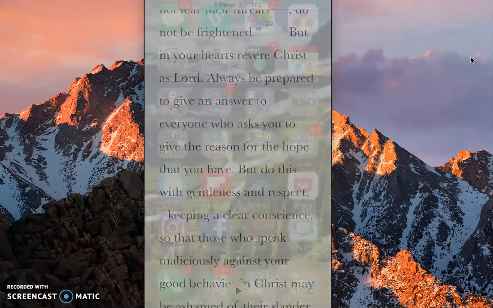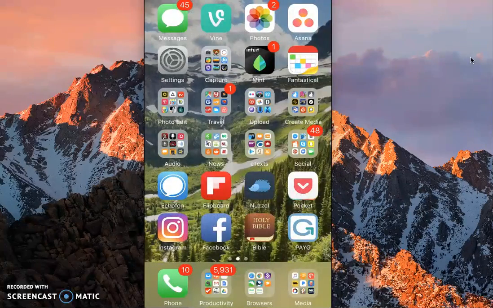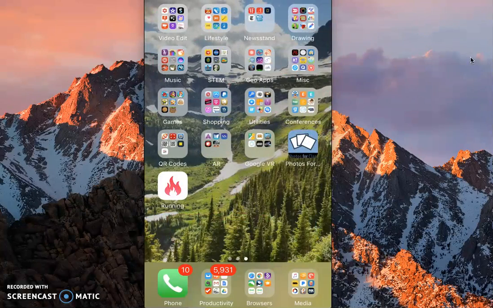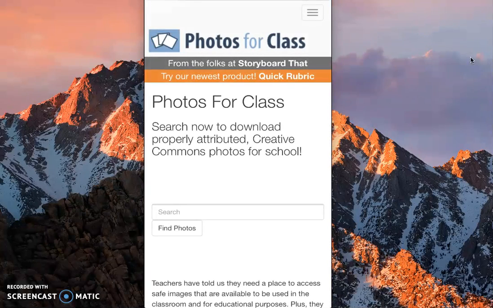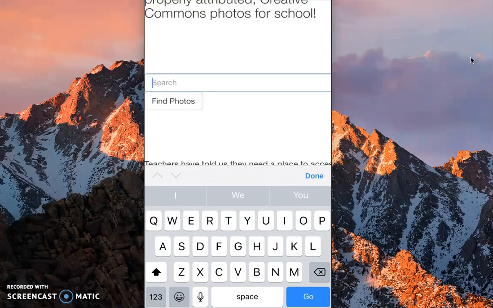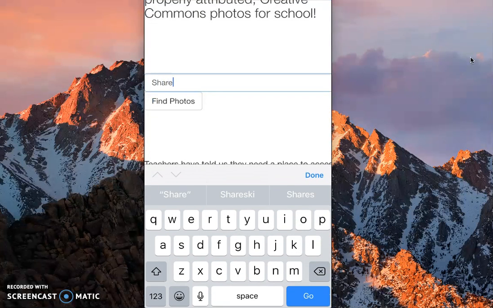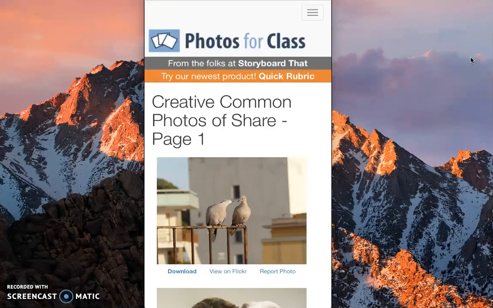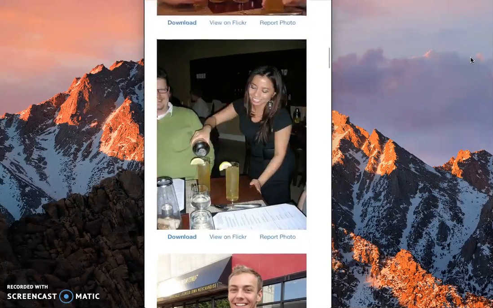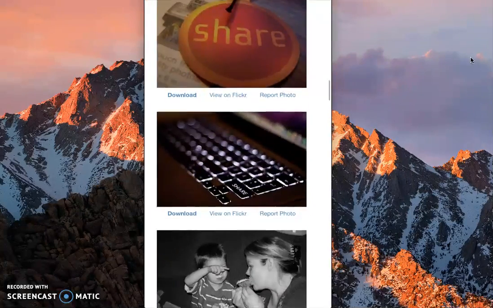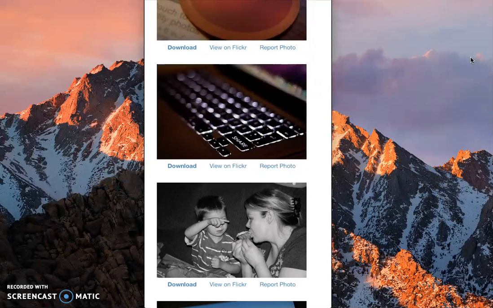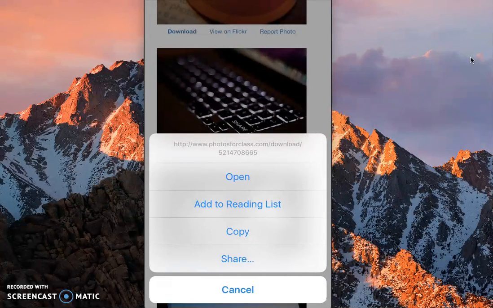So I'm now going to go to the Safari app, but to speed this up, I've made a little web bookmark to go to Photos for Class, and this is just photosforclass.com, and I'm going to type in the word share, and I'm going to search for photos. And so photos related to whatever topic I've selected are going to come up, and these hopefully are going to be appropriate pictures. It should be, because this is a website where the photos are supposed to be good for using in class. I'm going to tap this link that says download, and when I tap that link,